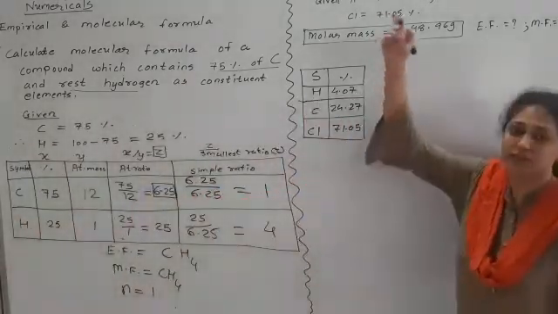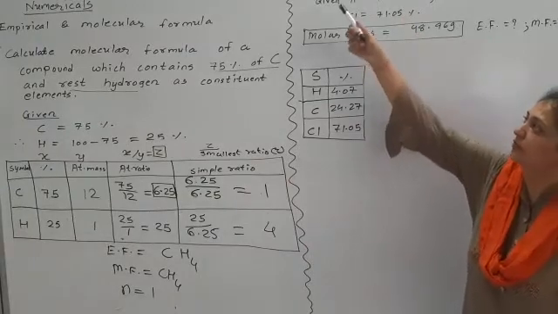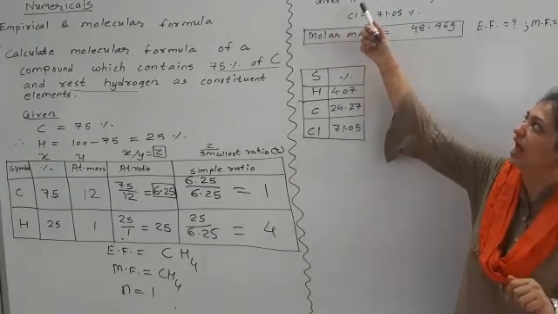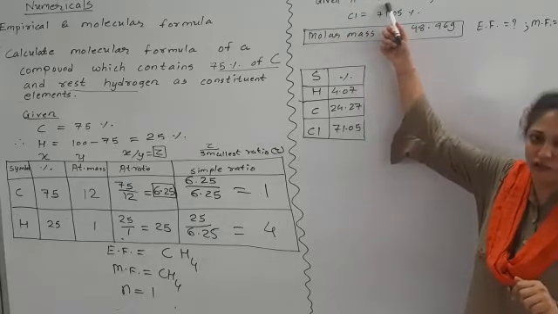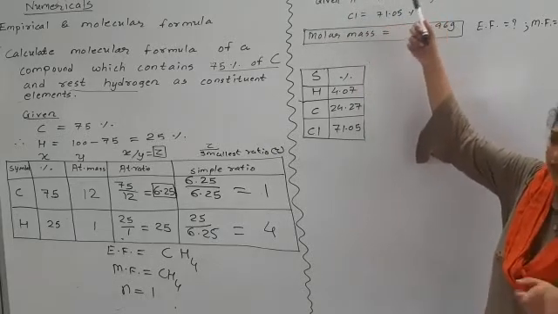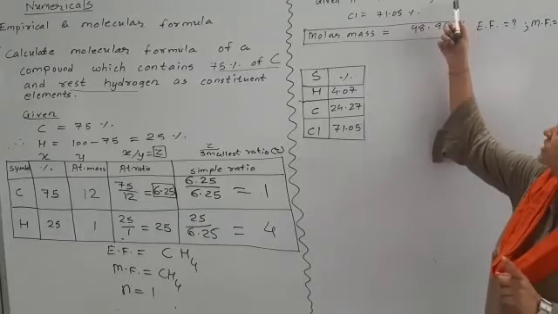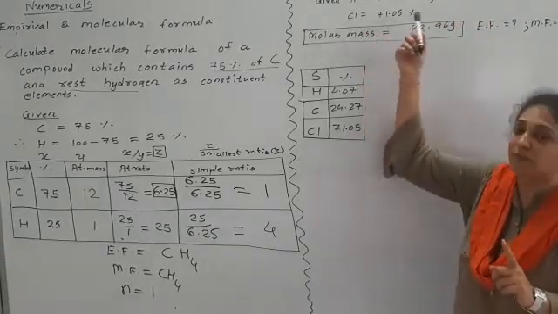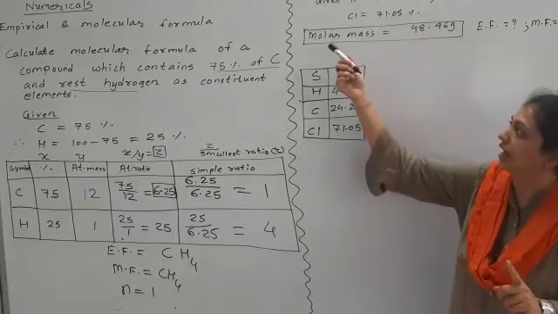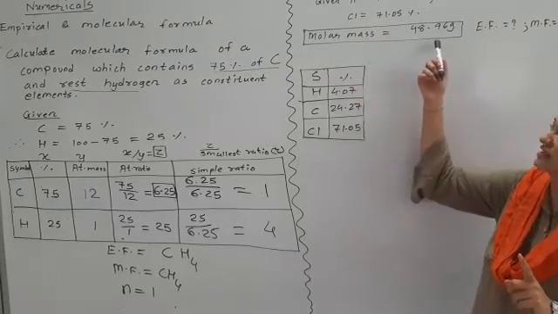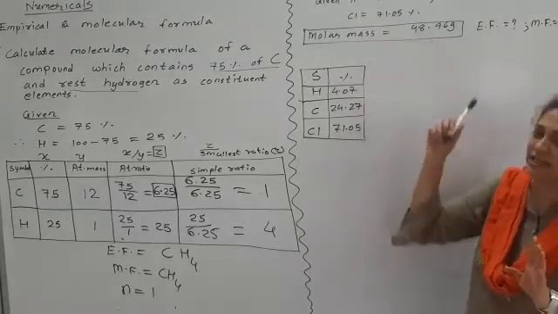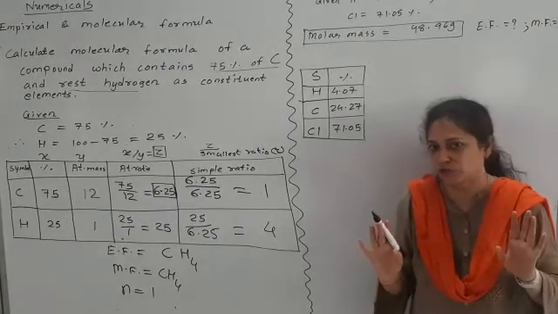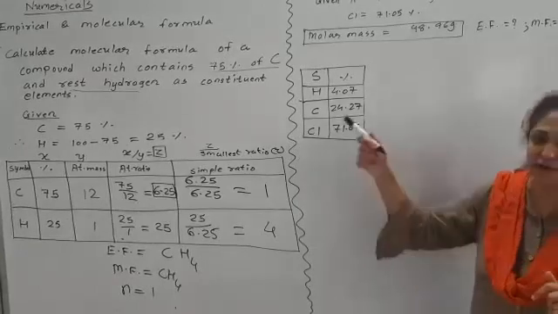Next, come to this numerical from a textbook. In it, the given data I have already listed. Hydrogen is 4.07%, carbon is 24.27%, chlorine is 71.05%, and the molar mass of the compound is given as 98.96 gram. Right now, molar mass is not useful to us. Okay? So first I will form the table.